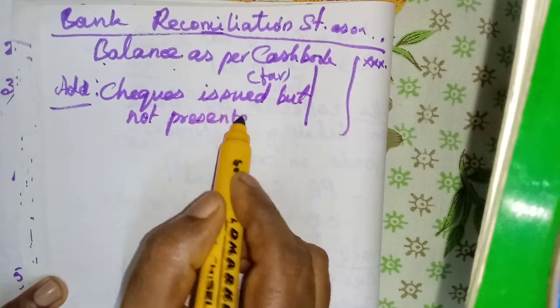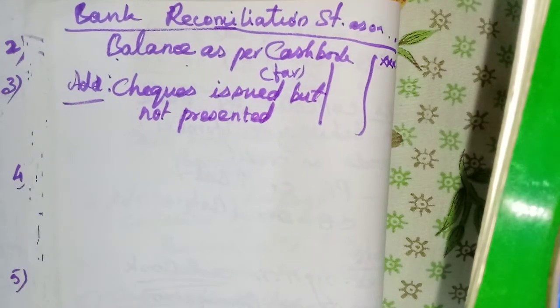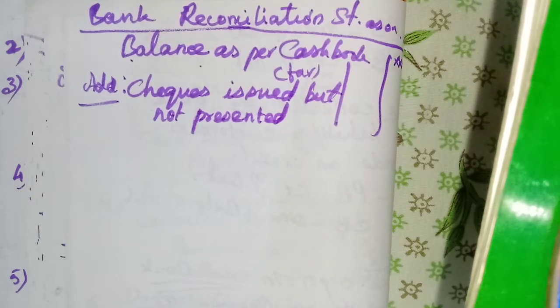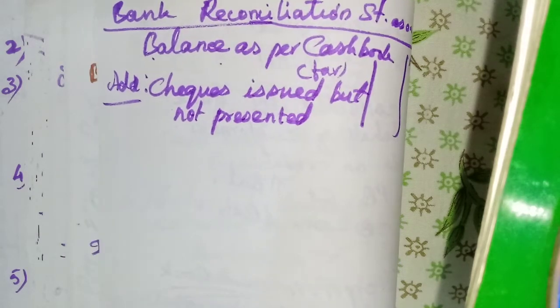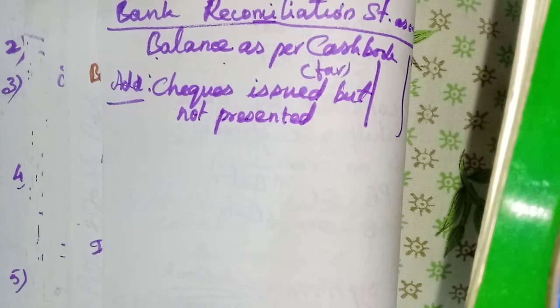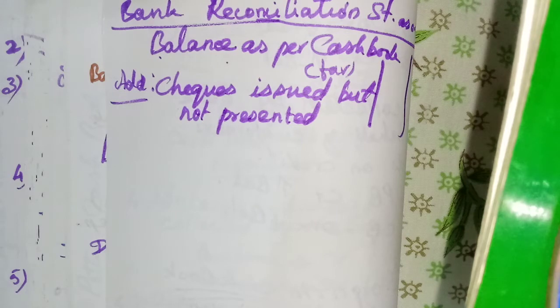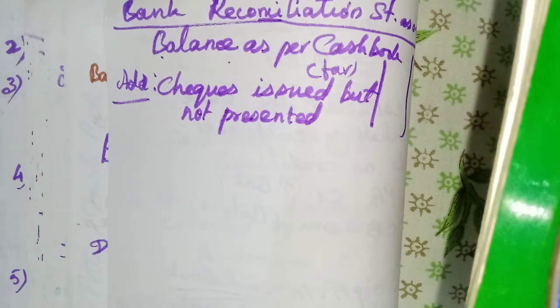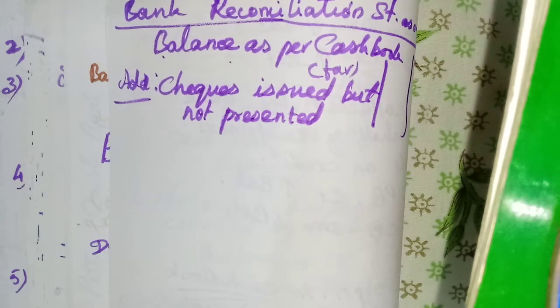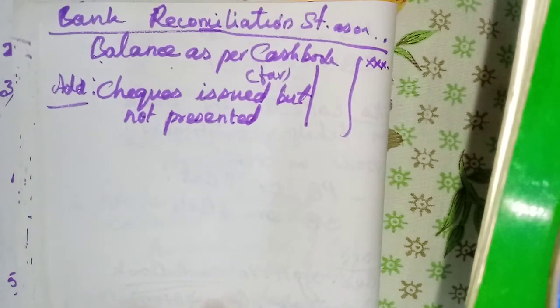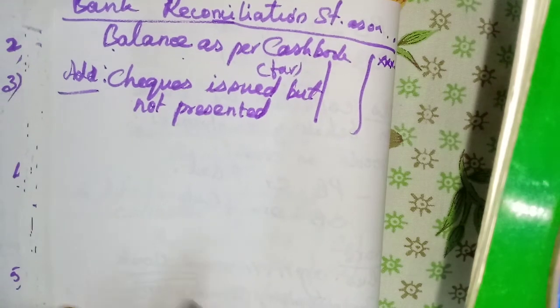So we only need to add and subtract the items. They may give it for 5 marks, only 5 items will be given. There, at least 2 or 3, or anyhow one item must be either added or deducted. That is what you have to do. Very easy. But you should know whether it must be added. If you understand all the explanations that I have given to you, you can do it very easily.